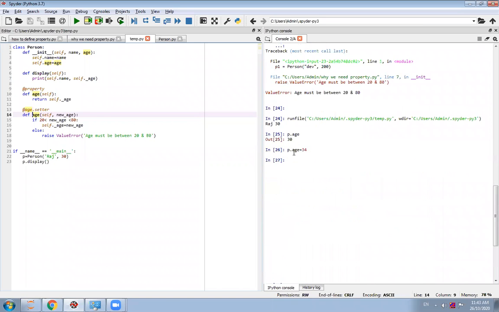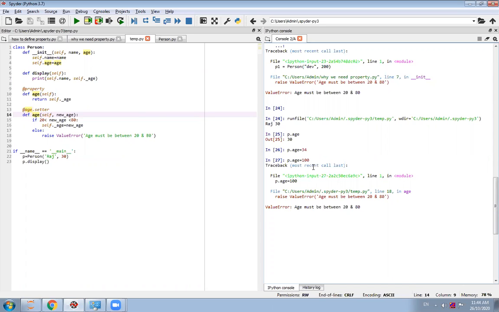But here, because of this property, I can use it like an instance variable. I can easily set the age. Similarly, if I set the age to 100, I got the error, right?